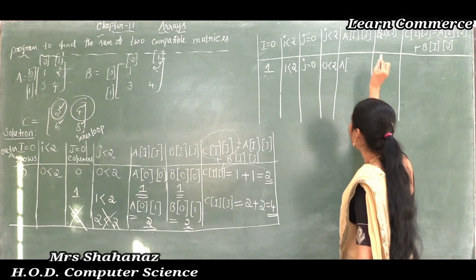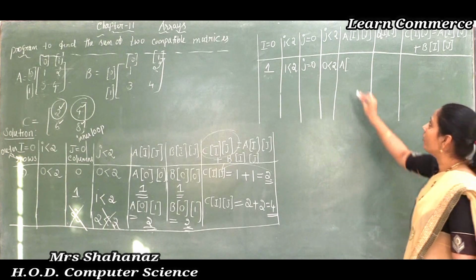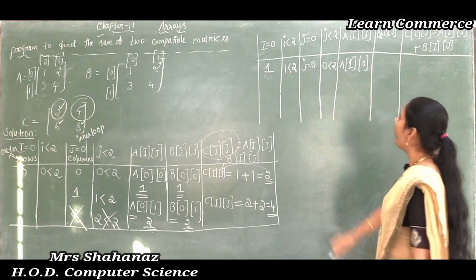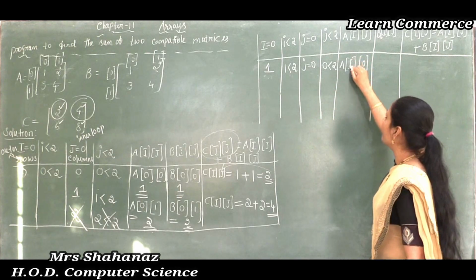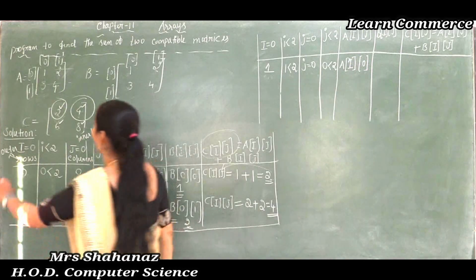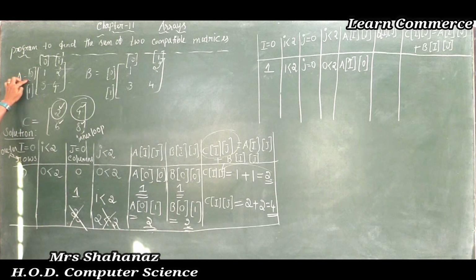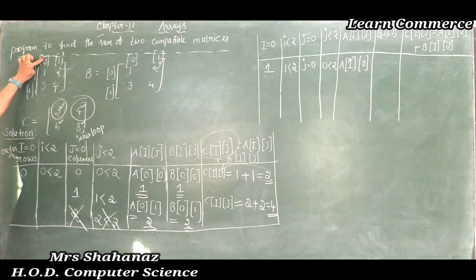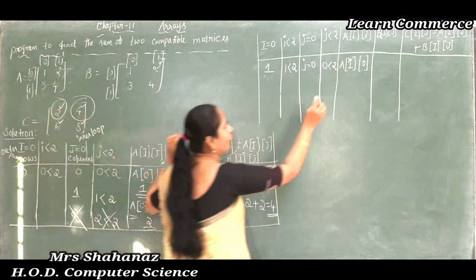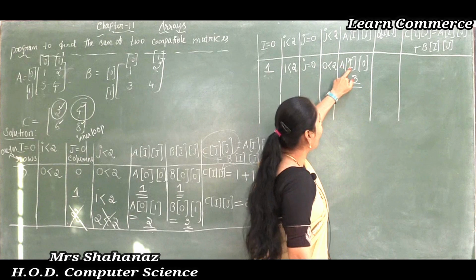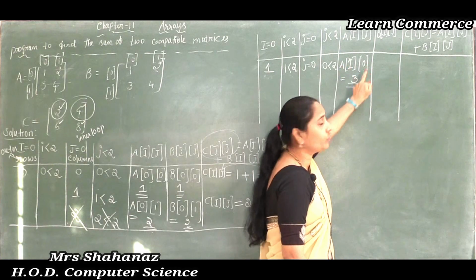Then you need to go forward here. The I value is 1 in this case, but the J value is 0. Now you have to check it here: row size, column size, 1 0. The value is 3, so I am going to write the value 3. Clear this point here. That means at 1 0 we know how I got the value 3.